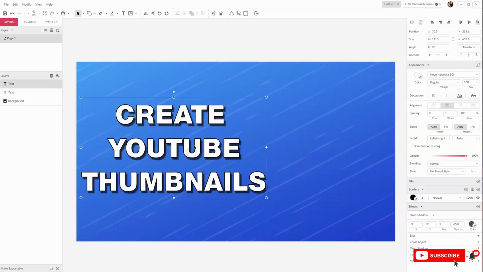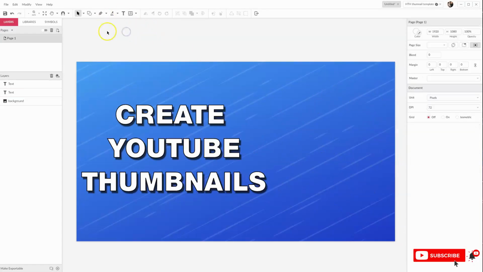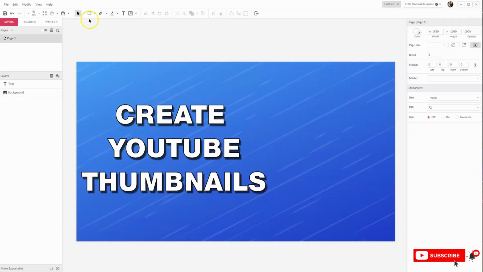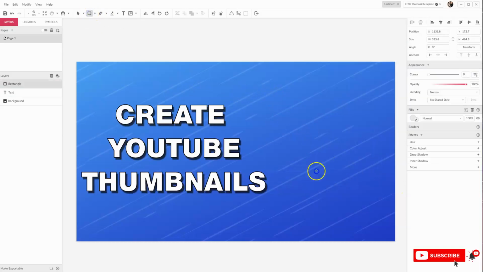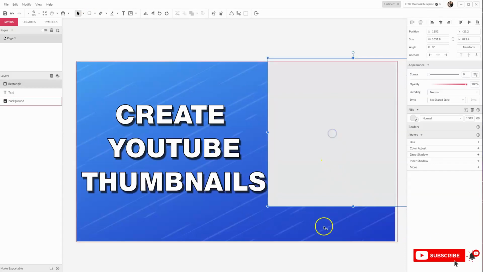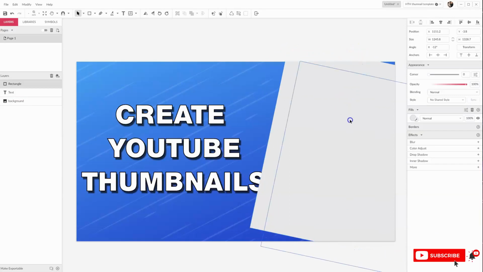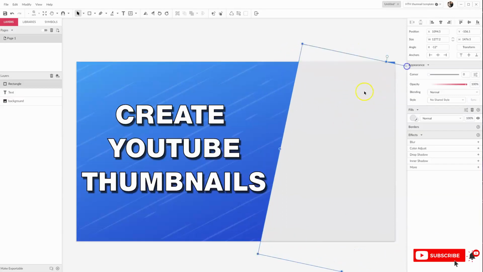Now we want this to stand out as if it is a YouTube video. So we want a YouTube icon to be over here on the right hand side. So what I'm simply going to do is add in a white box because we want this to contrast with the current background. We're going to go to the top middle, and then where it has here shape, we're going to click on the shape. We're going to drag the size of our box however large that we want it, and we're going to make it yay big. We're going to turn this on a slight angle, make it a little bit bigger,